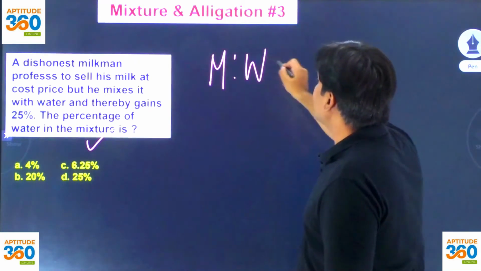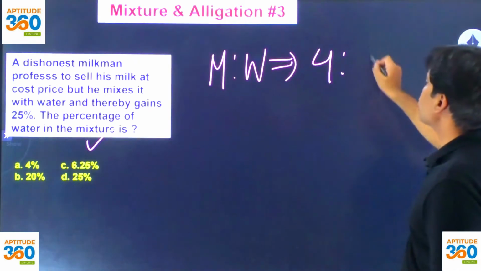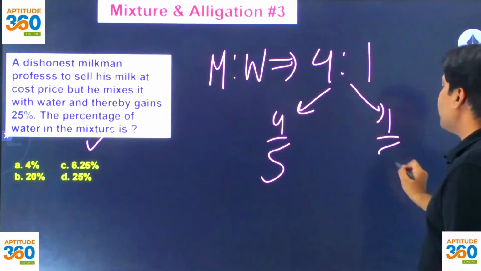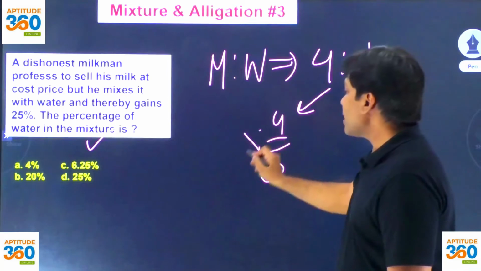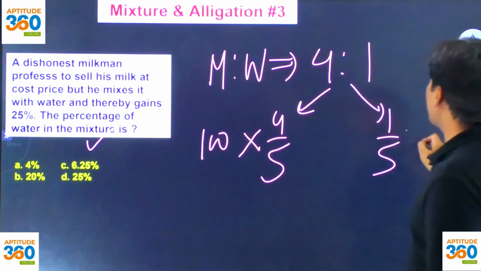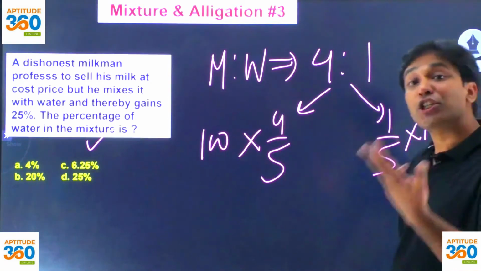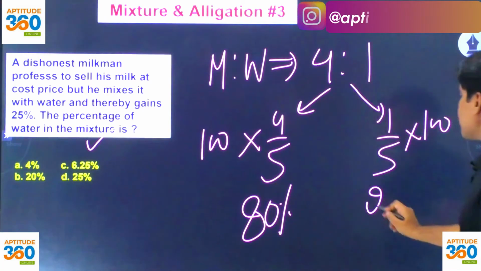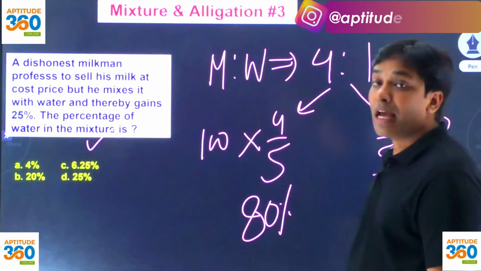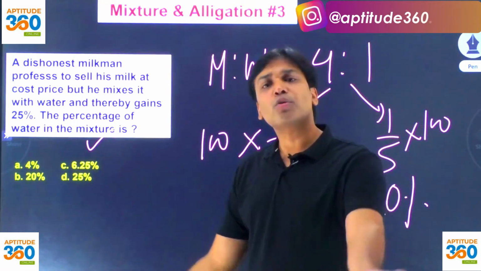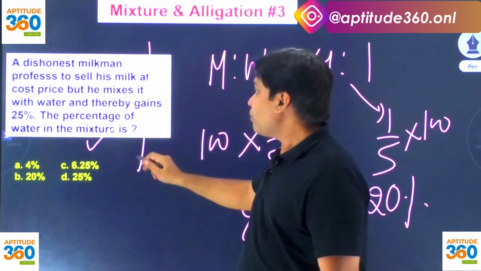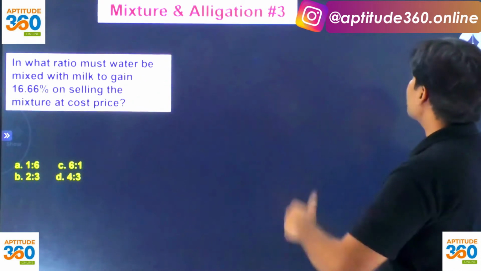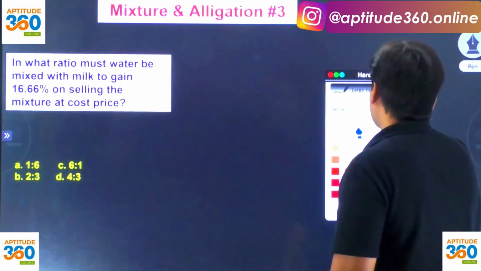Milk and water is given to you as 4:1, so milk is 4/5 and water is 1/5 of the total, and if you multiply both of these two values by 100, that's how you convert ratios into percentages. So it is coming out as 80% and 20%. So in that solution 80% is milk and 20% is water, problem simplify हो गया। तो ये प्रॉब्लम भी आप बिल्कुल वैसे ही सिंप्लीफाई कर सकते हो ना। How about this one, इसको ना सॉल्व करते करते स्टूडेंट ना धराशायी हो जाते हैं।